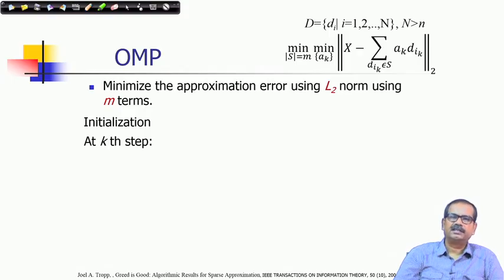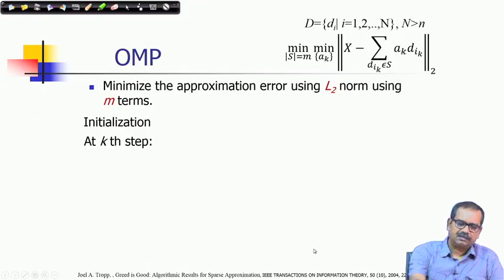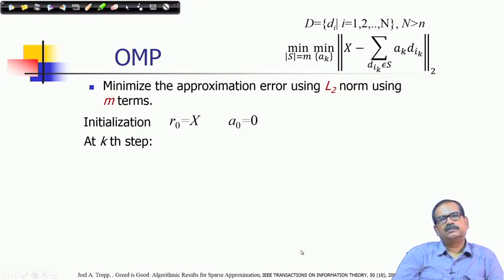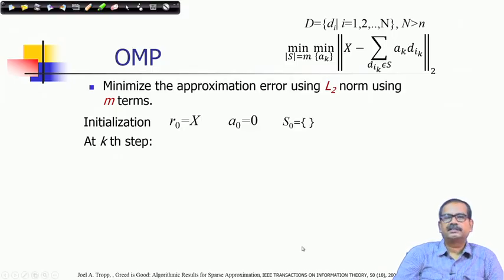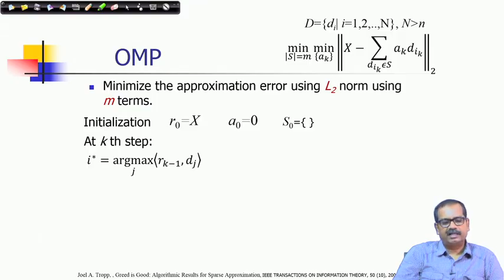So, here the process goes like this. First you have to initialize it. So, you have these two, R naught equals x and A naught equals 0. This is the same initialization, and at kth step, you are also considering the set which will include the dictionary elements which will be reconstructing the signal. So, at kth step, first we find out the direction along which you get the maximum component of the residue,